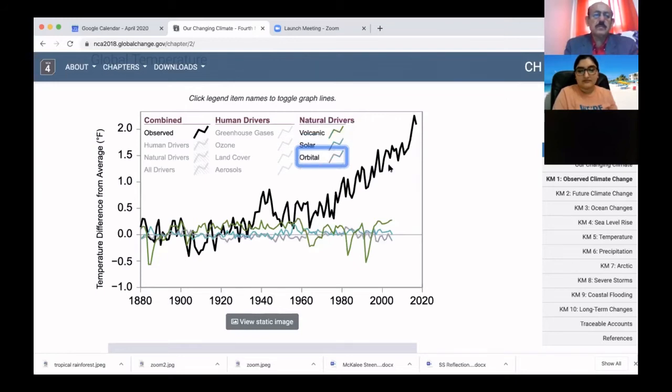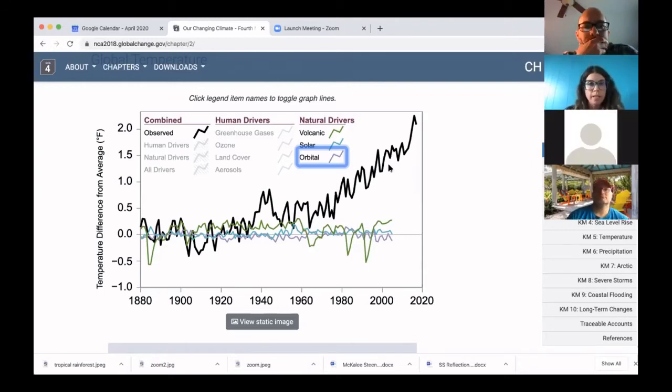And then we can turn on orbital variation, and that is a much longer term driver that changes the way that Earth's orbit is shaped and the way Earth moves around the sun. This is something that acts on timescales that I'm used to thinking about, things in the tens to hundreds of thousands of year timescales that drive ice ages happening. But in terms of our record here and the timescales that we're looking at, we don't really see a significant long-term trend. Okay, so those are the natural drivers, and we can click on all natural drivers